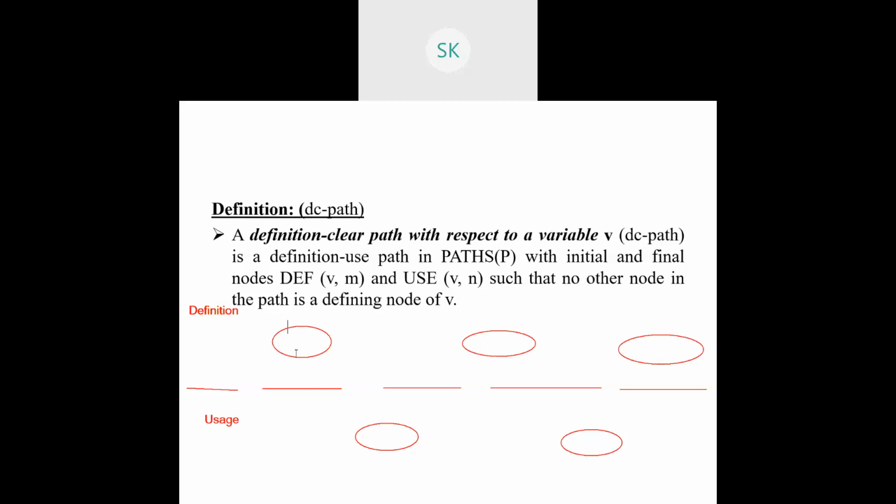If a particular variable is defined at a particular node, then this is usage with respect to a variable.